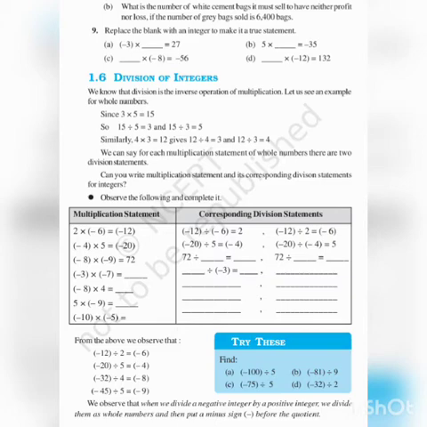See, in this 9th problem, true or false is given. We have to write the fill-ups. Next, division of integers. As with multiplication, we are going to divide the integers. While dividing integers, first you divide the numbers, then you should divide the symbols also. Plus divided by plus is plus. Plus divided by minus is minus. Minus divided by plus is minus. Minus divided by minus is plus. First you divide the numbers, then you divide the symbols. That is division of integers.